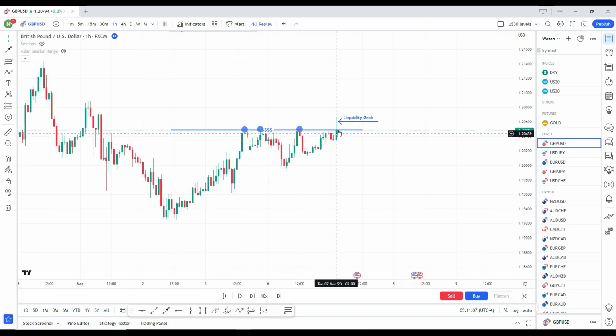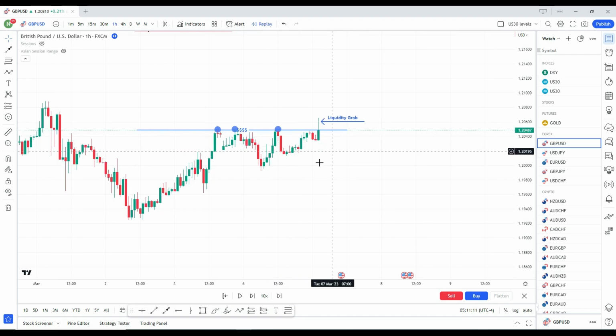Now this is a wick of a false breakout. It seems like the market was on a breakout but was quickly returned, and this is a very perfect example of manipulation where it leaves the wick and does not close above this zone. So in this case, you now prepare to enter the trade, and if you're an aggressive trader,